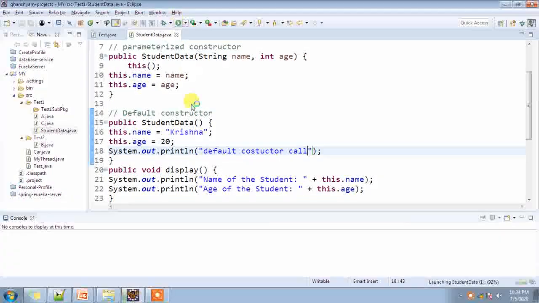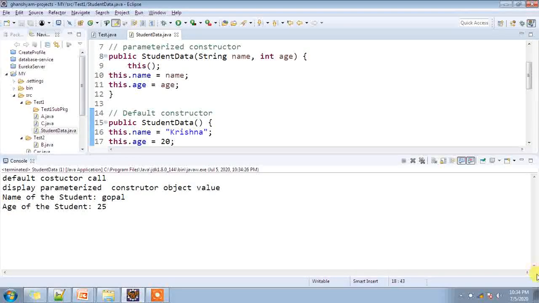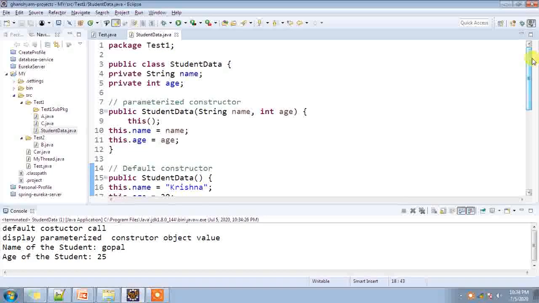Now just run it. So, default constructor call, it means you have called the default constructor from the parameterized constructor.